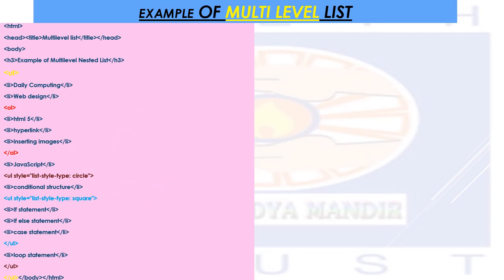This is the example of a multi-level list. Now see students, this is very important. It's a lengthy program. You can see over here, in the multi-level list, again I have opened with the yellow tag, that is the UL tag. That is, I have started with the unordered list. In that I have given the listing. See, I am not giving any type over here. That means it will take the default value, UL tag, unordered list.